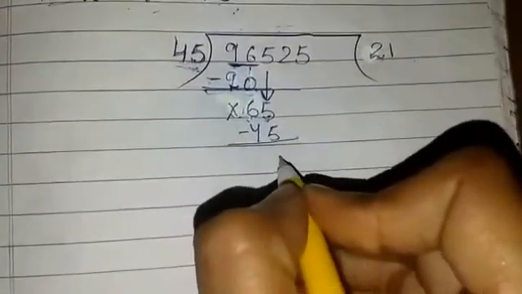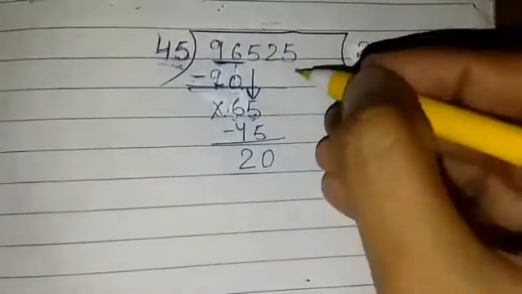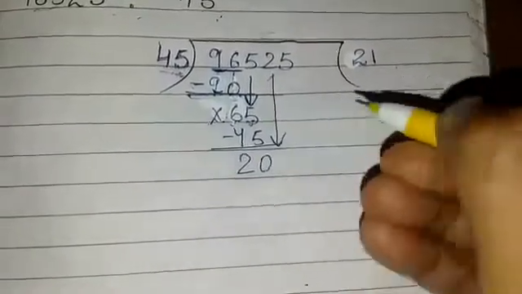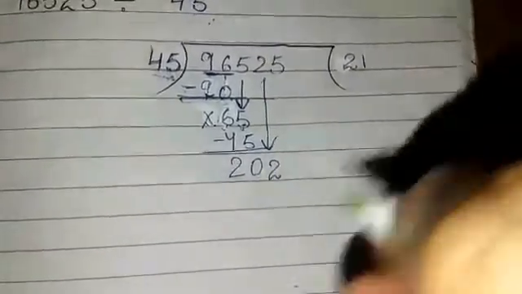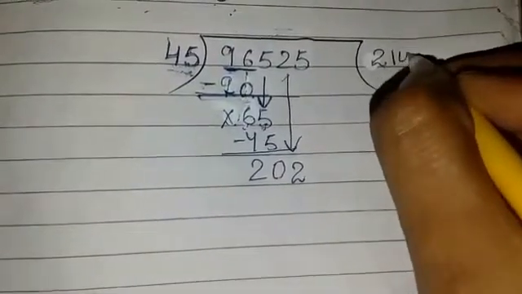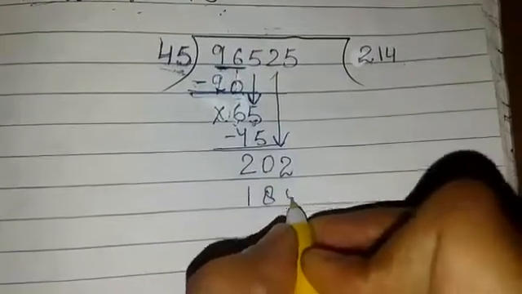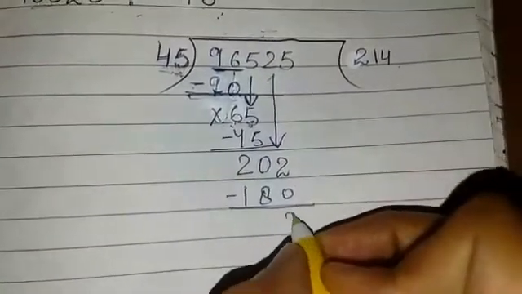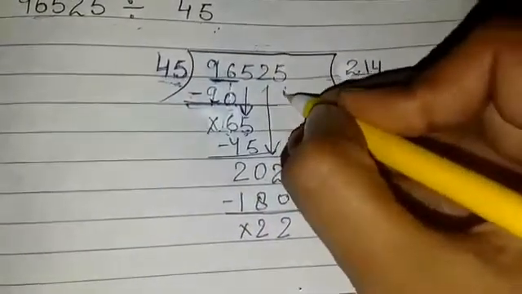Now once again we will subtract. It will be 0, 2, 20. Once again, we will note down another next digit, that's 2. Now start reading the table. 45 fours are 180. Now once again, subtract. 22. Now again